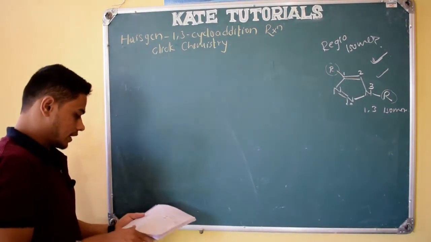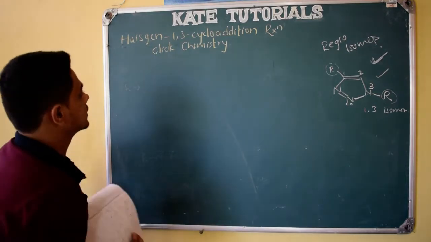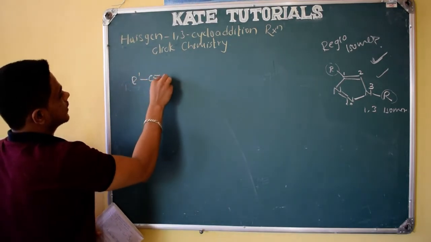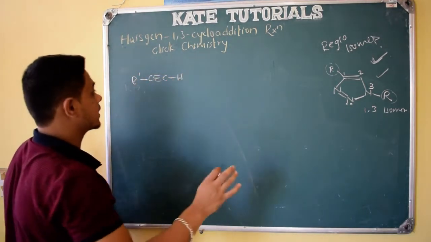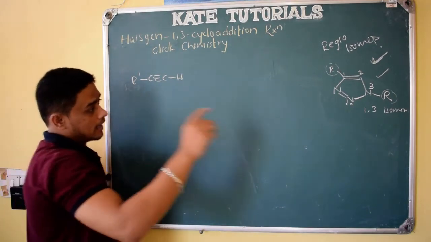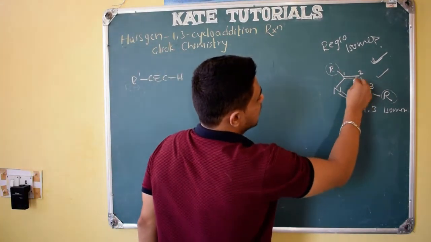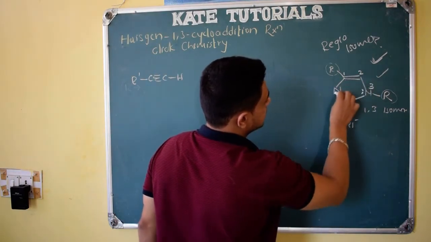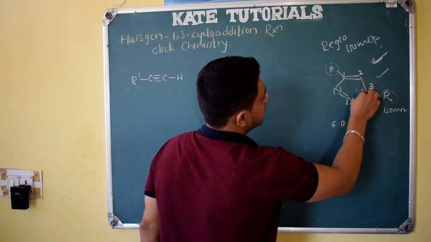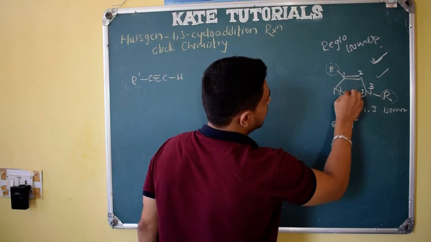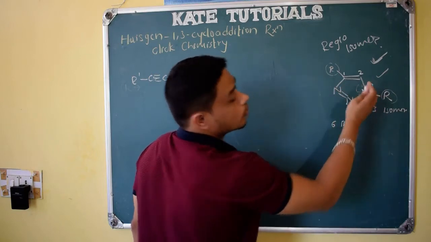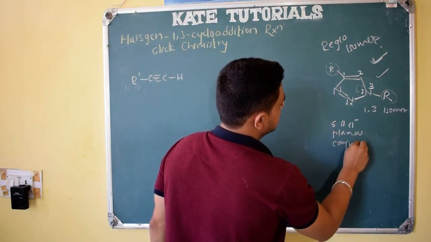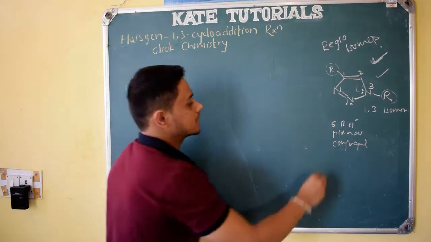So the mechanism, let me give you here. It is also simple. Here what they are doing is R' C triple bond CH, only they have taken an alkyne. In the case of an alkyne only, this reaction will give this. And also one thing you should remember, this is aromatic. See here, 2, 4, 6 pi electrons, and all are in a single plane, all are in conjugation. Here double bond, lone pair, single bond, double bond, single bond, double bond, single bond, lone pair means conjugation. All are planar, all are in conjugation, and if you count it is 6 pi electrons, so it satisfies Huckel's rule.